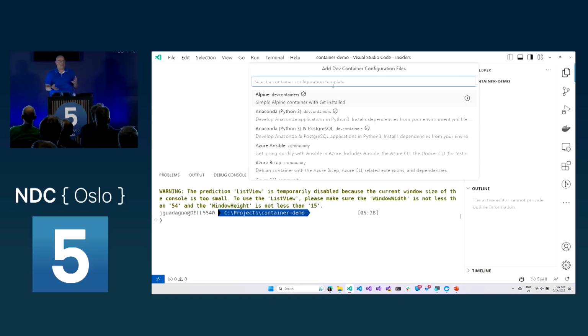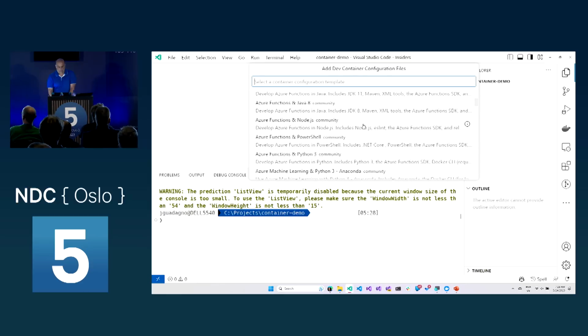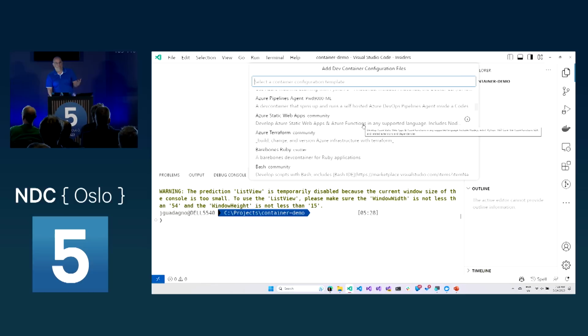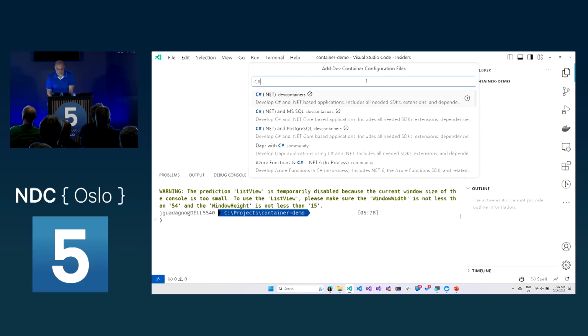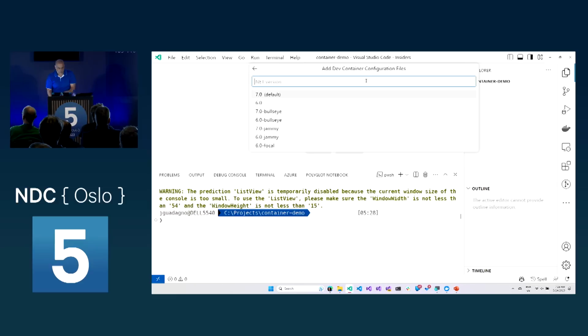This is the feature, or this is the template. So which template do I want to use? Similar to the website, I can scroll down and see hundreds of them. The difference is this one's in alphabetical order. The website's kind of just how they're listed in the Git repo. So I'm going to choose C# for now, hit enter, and then it's going to want to know which version